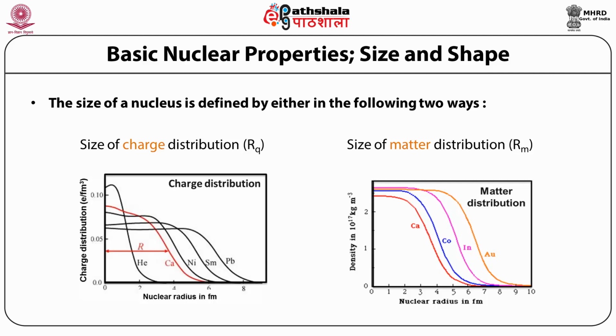Now these two distributions are different within the nucleus, and why are they different? Because neutrons feel only the strong interaction within the nucleus, and the protons feel two interactions, the Coulombic interaction as well as the strong interaction. Because of this difference, the charge distribution and mass distribution inside the nucleus are a little different, but their pattern is more or less the same. So we can get the information about the size of the nucleus either by observing the charge distribution or the matter distribution as a function of distance.